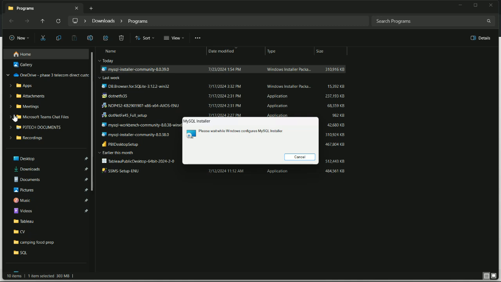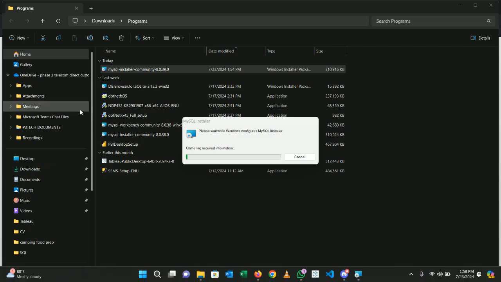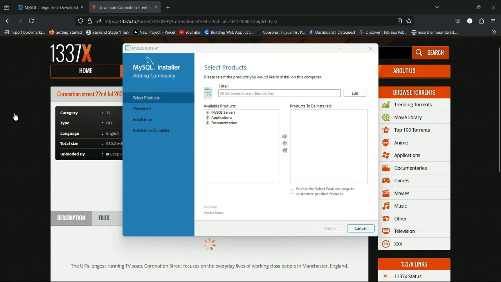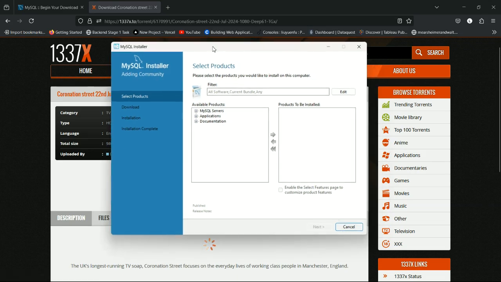I think the installer is loading. Let's give it a moment. A prompt has opened and is trying to install. Let's wait for it. It's saying that you're using an older version. Let's wait for it. I think a pop-up will come up. So once the software actually comes up,